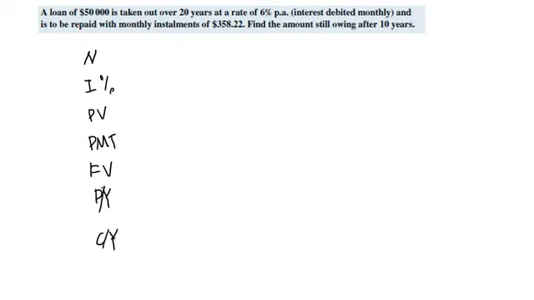So what we have over here is a loan of 50,000 taken out over 20 years at a rate of